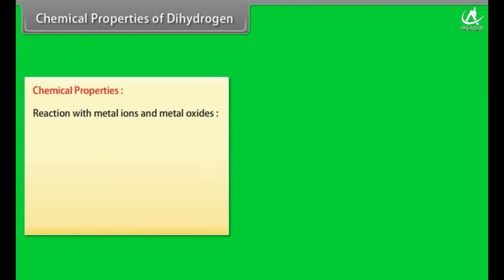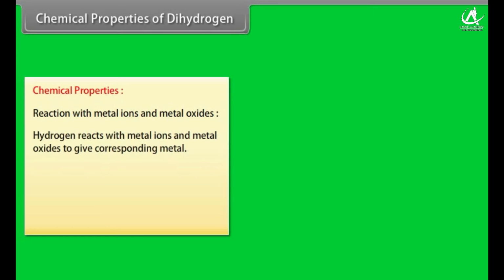Chemical properties of dihydrogen. Reaction with metal ions and metal oxides. Hydrogen reacts with metal ions and metal oxides to give the corresponding metal. For example,